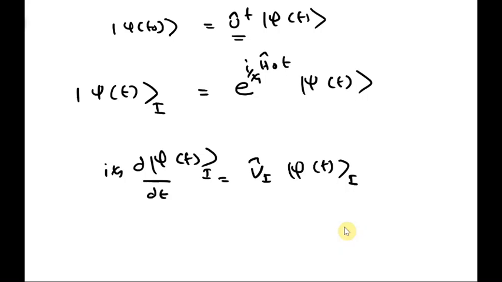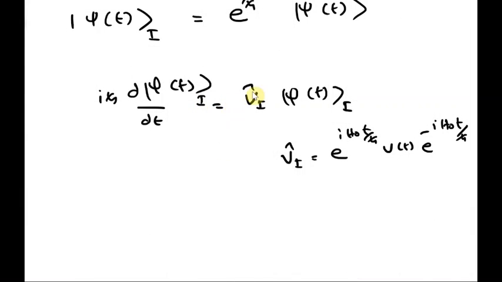V_I is actually not our V(t), and both of them are connected by using e^(iH₀t/ħ) V(t) e^(-iH₀t/ħ). So that is the way V_I and V(t) are connected. So this is our Schrodinger equation in the interaction picture. Okay,